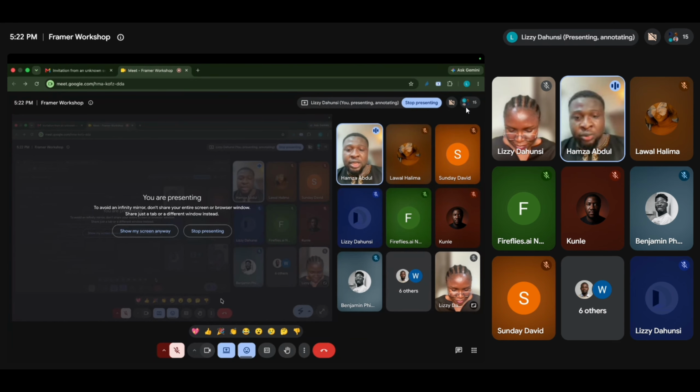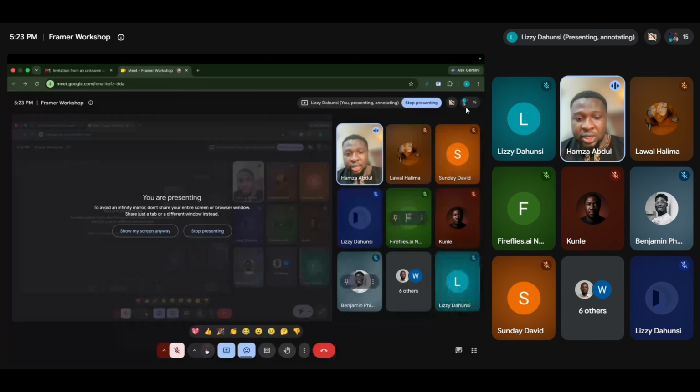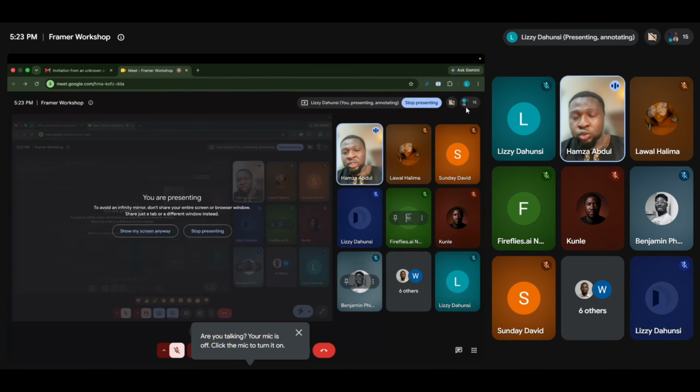Framer started out in 2014 as a prototyping tool. I'm sure a lot of you here are designers. What Framer wanted to do then was just to create a way to help developers show prototypes of products before they build it live. But eventually, they saw that this framework they're building can actually work on live products. So they transitioned to building websites, especially because Webflow was the king then, and there was WordPress.